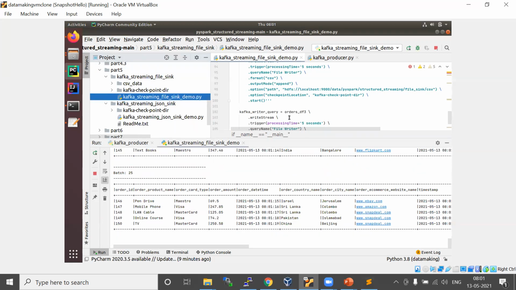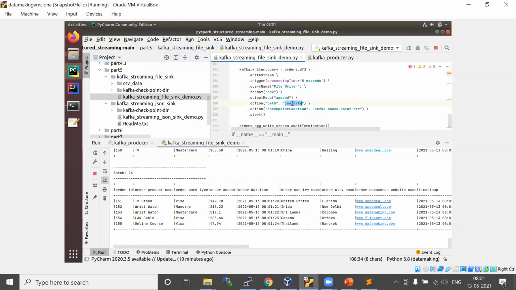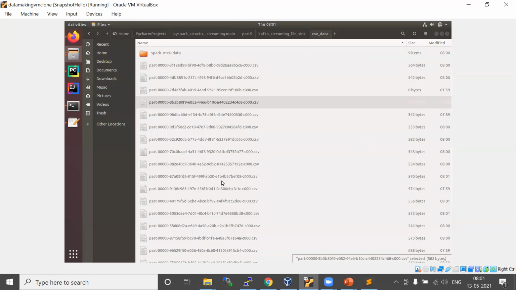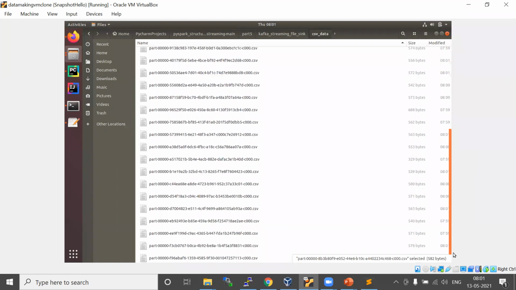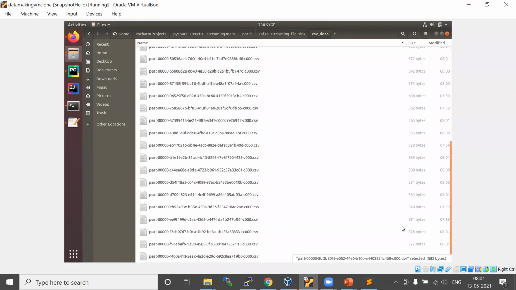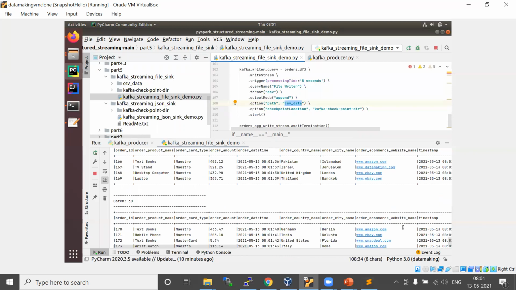So the directory which I gave as CSV data is the directory, and on that path it will keep writing all your micro batch data. Every micro batch will write the data into this location. It cannot write one batch into one file.